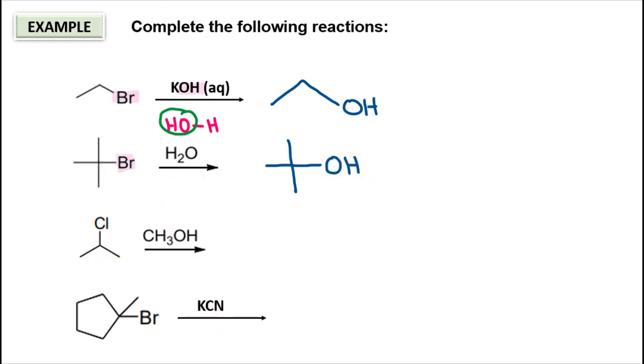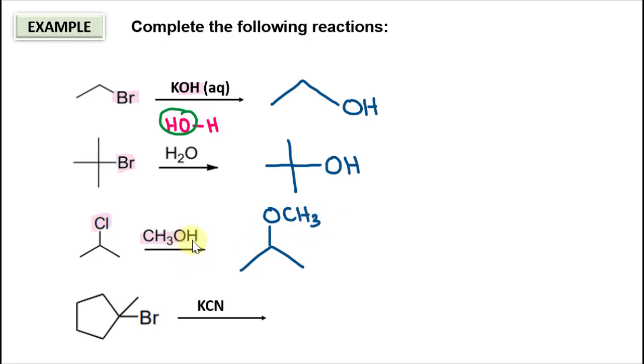For the third one, we have the Cl on this carbon. Since we have the alcohol, remember that from the alcohol our nucleophile is going to be CH3O only. So we just take the CH3O. Let's copy back our structure. This is our structure, and on this carbon we had the Cl just now. We are going to replace it by